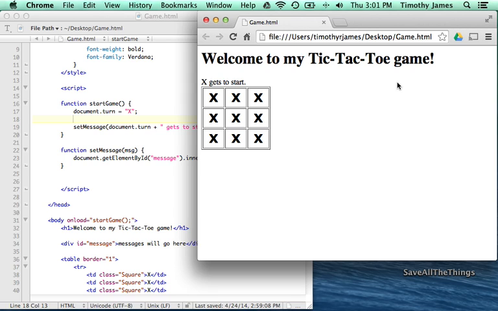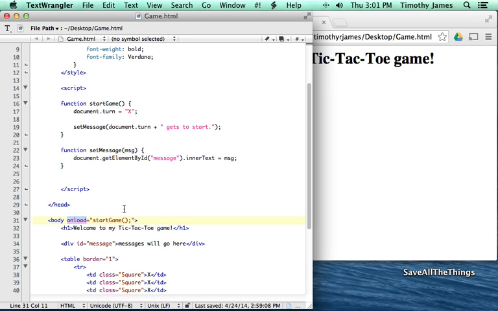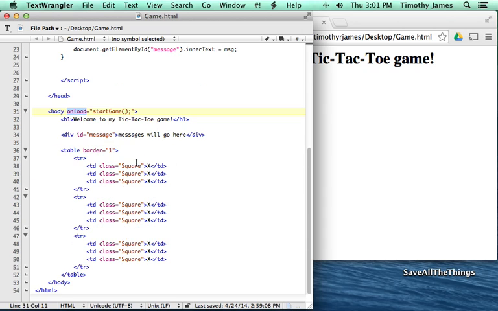The last event we looked at was onLoad, which just runs when the page is loaded. But we're going to create another event, and we're going to use the onClick handler here. So onClick, we'll go ahead and call next move, and we'll pass in this. When we pass in this to next move, it's taking this tag, the one that we're dealing with right now, and it's going to give that as a parameter to the function